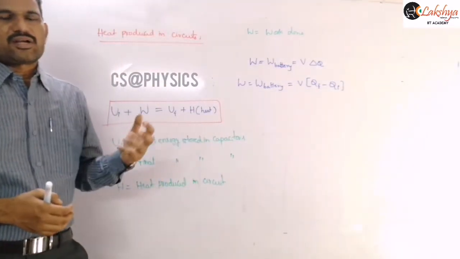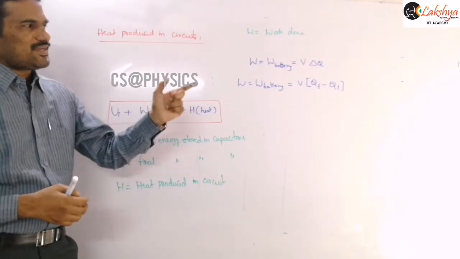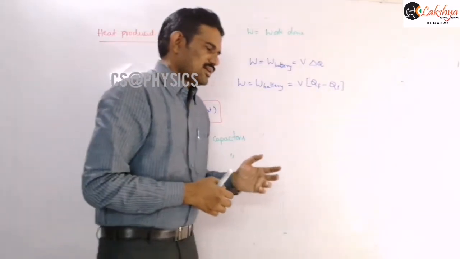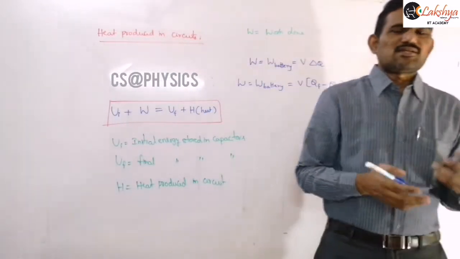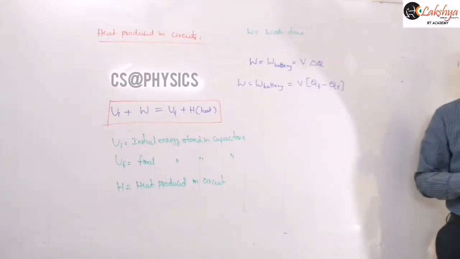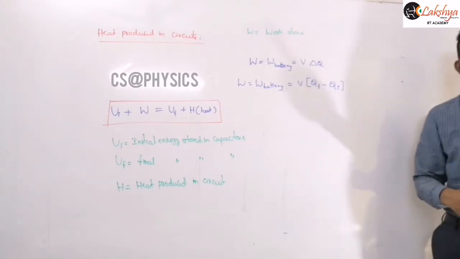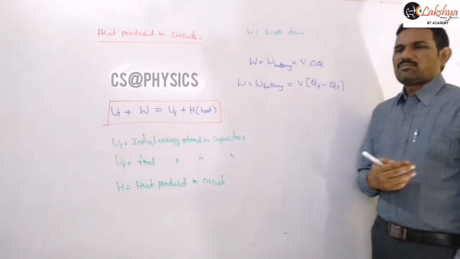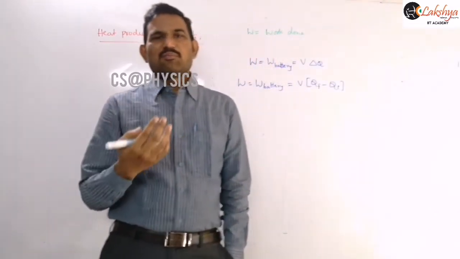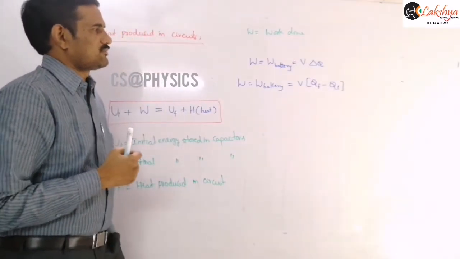And so now here work done by the battery, you need to observe this. Always you need to write final charge minus initial charge here. So if the final charge is more than the initial charge on that capacitor, then work done by the battery will be a positive value. Whereas if the final charge is less than the initial charge, then work done by the battery will be a negative value. So work done by the battery may be positive, may be negative, or may be 0 also, right? So write that concept here.